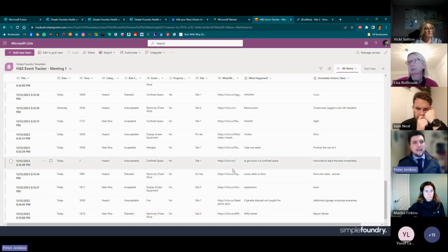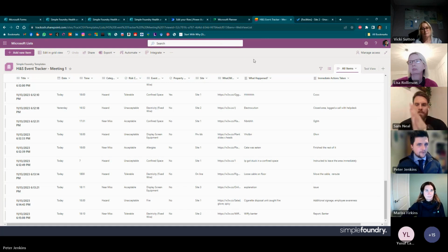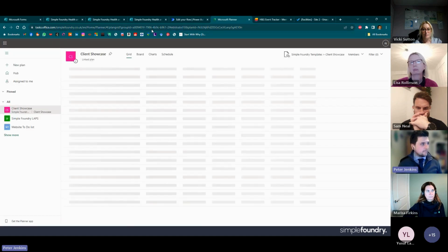We can. And that's where Microsoft Planner comes in. Have any of you ever heard of Microsoft Planner before, by any chance? If you're nodding heads, right, amazing. Think of Microsoft Planner as effectively like an aggregated action tracker. At the moment, all I've got are actions coming in from this particular process into Microsoft Planner. If I click on Planner here for a second, this is effectively where all of my actions had come up before. So again, if I just quickly refresh that,